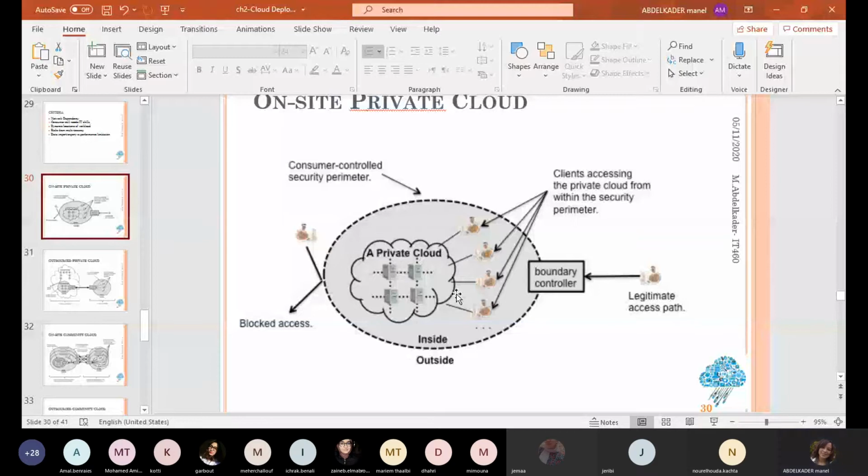Okay. So what is important here is the cost. So this will have a significant high upfront cost to migrate into the cloud. So if you would like to build your own private cloud, you should know that